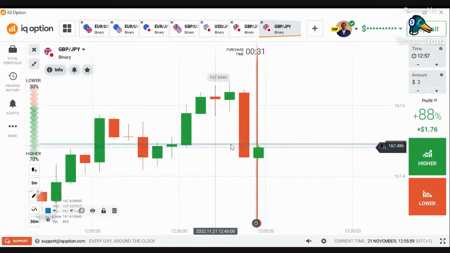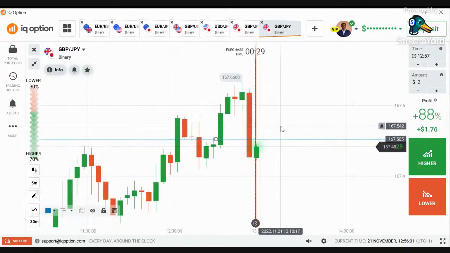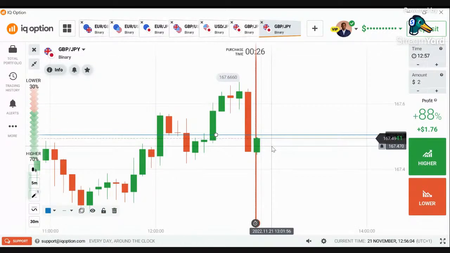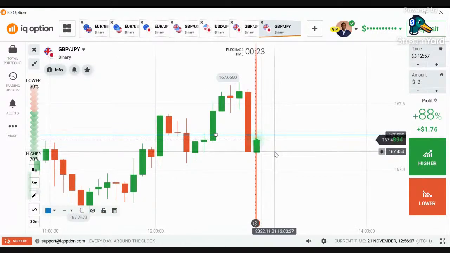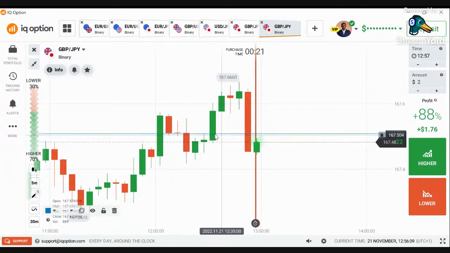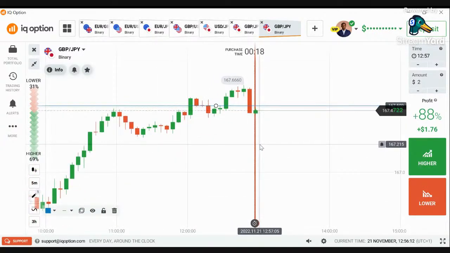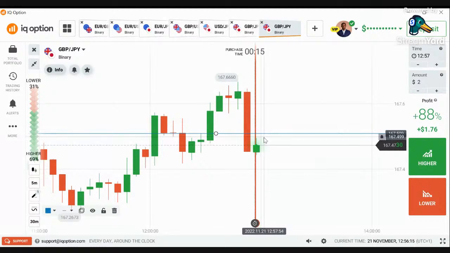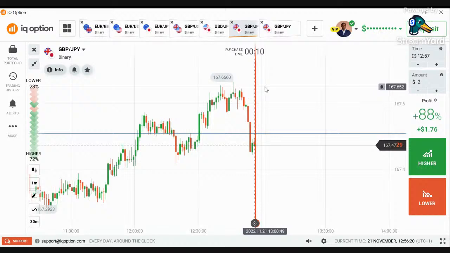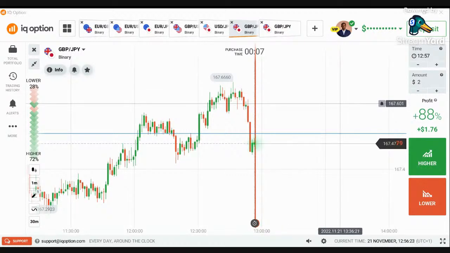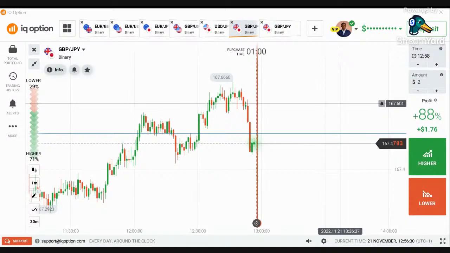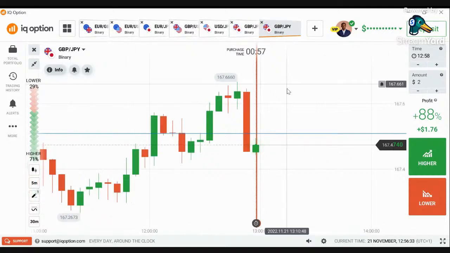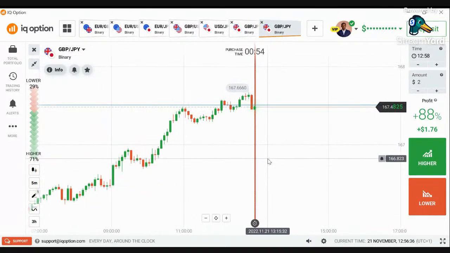It's rejecting from that level, but I would love to sell maybe around here, just to get a good entry. I'd love to sell maybe around here. I'm not sure if the market could get there though, but that would have been the best place to take a sell. And I think it's still a level on the 1 minute. We have so many reversals around there. Market could get there. I think I might sell for 4 minutes.